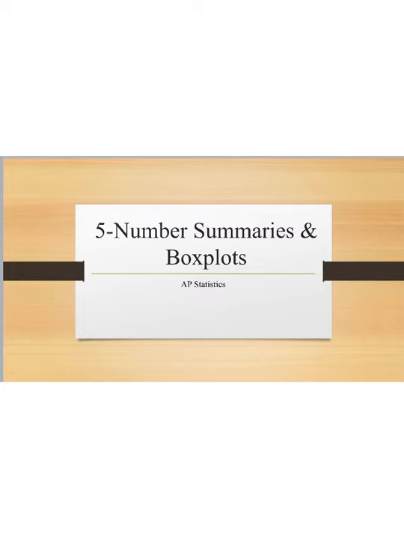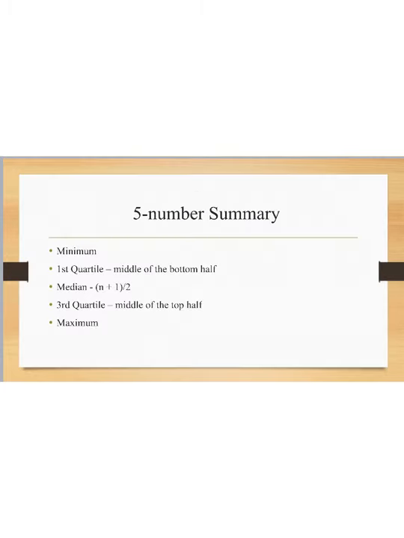We're going to start with the 5-number summary and box plots. This is the first data organization piece that we have. The 5-number summary is these 5 values here. When you get a set of data, probably the easiest way to get these values is to put them into your calculator using stat